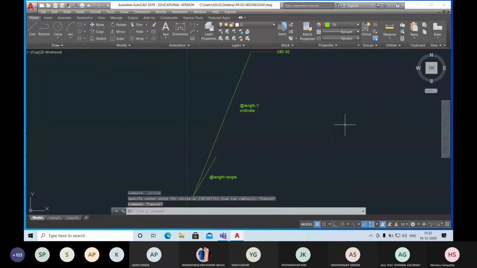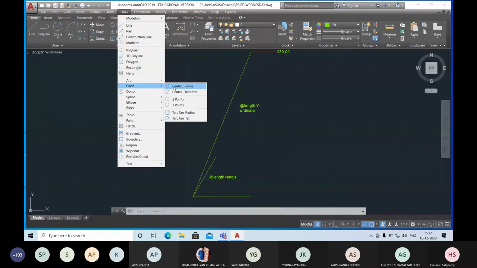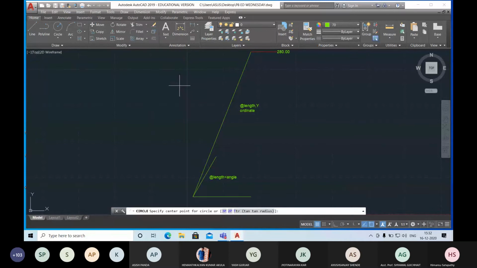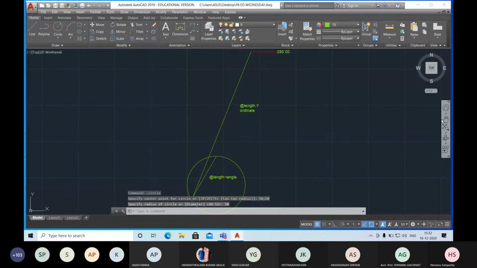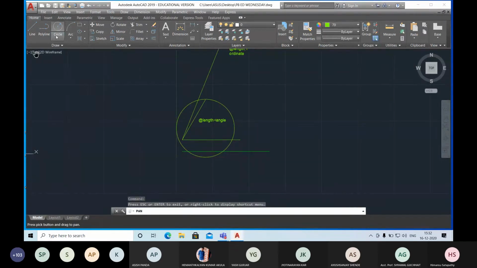You can reconnect again. So now the circle. You can find the circle option from here. Also, you can find it from the draw drop down menu. Here the circle options are there. From here also you can select center radius. Now mention the center, 50, 50. You can see this is my circle. Then you have to mention the radius. If I mention 50 mm radius, then it is a 50 mm radius at the center of 50. Similarly, if I go for the center diameter, mention the center as 150, 50.